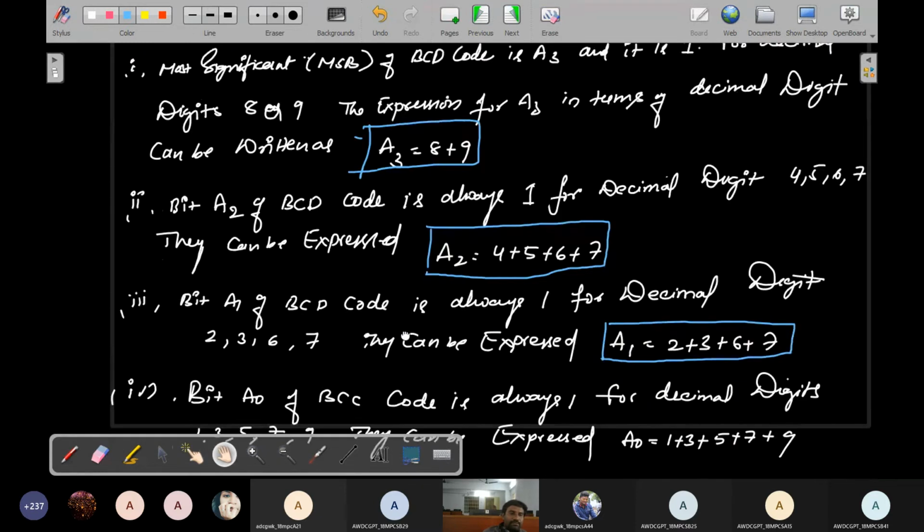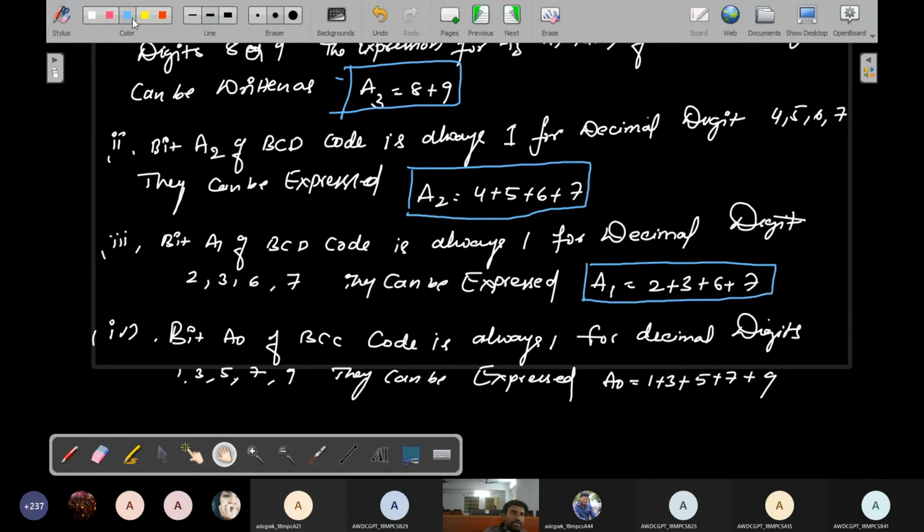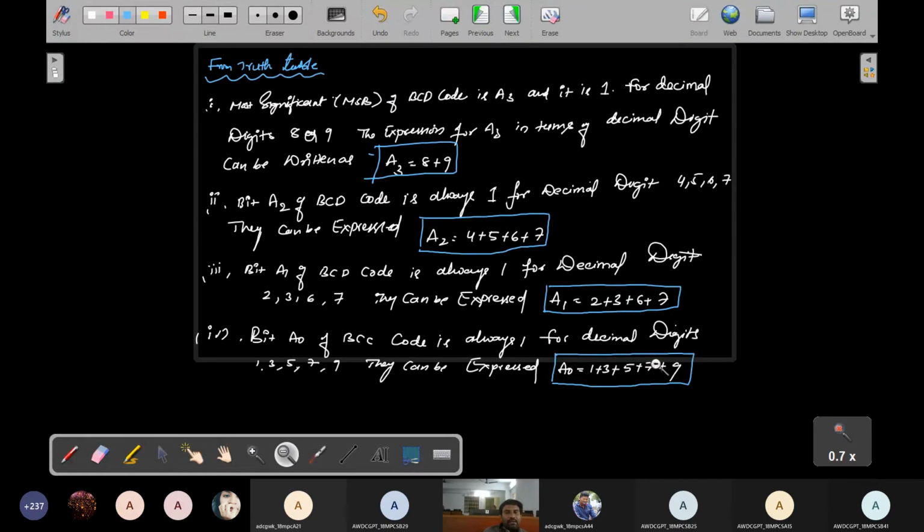So this is the BCD, this is also output. So these are the outputs A0, A1, A2, A3. So this is actually the output. The most significant bit for the BCD is A3 and it is 1